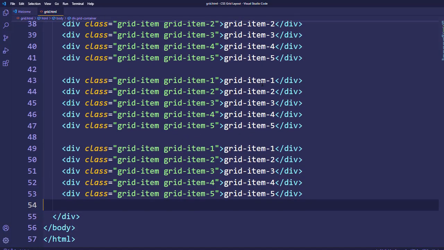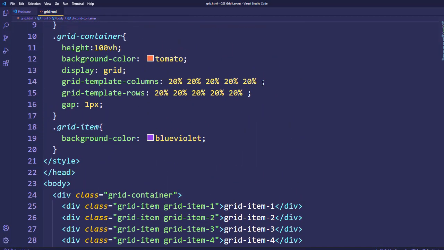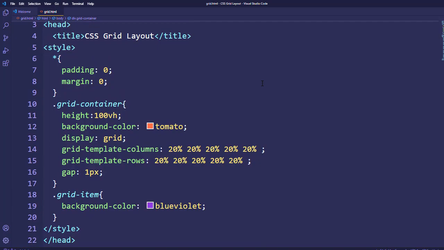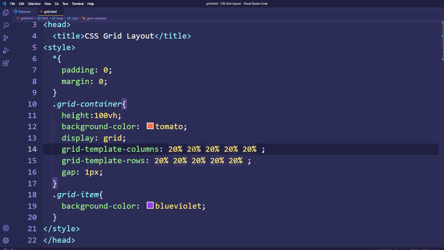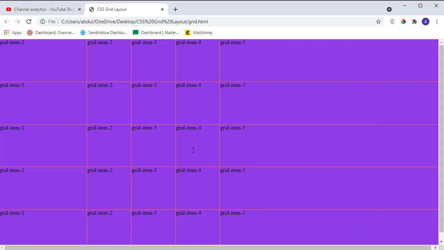Now let's talk about other properties of grid layout. Now here, the first thing that you should understand is that you can specify grid-template-columns. You can specify how your columns will look. You can even make, let's say, the first column occupy 20% width, then 10, 10 and 10, and the last will occupy 50% of width. If I refresh it, you can see this is how it will look.